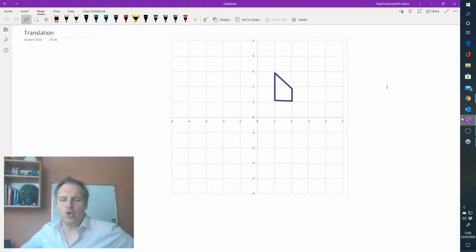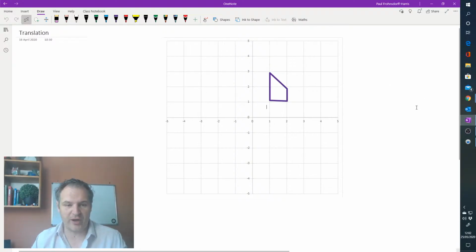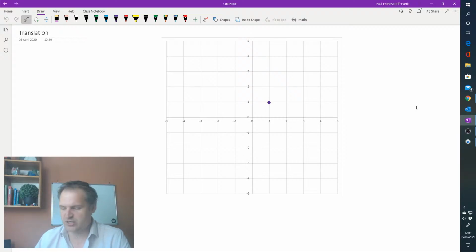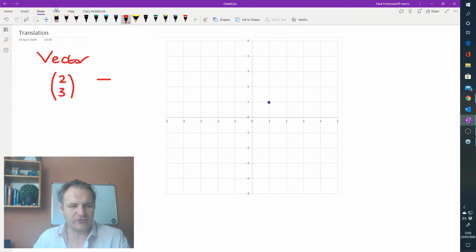What do I mean by vectors? Well, if I switch over to here, I've started on page 2, so it's best to start on page 1. We've got an XY grid. Translation is going to allow us to move things from one place to another using a vector. And this vector will be an amount as a number and another amount as a number. And the top amount tells you how far to go along, and the bottom amount tells you how far to go up. So, if I'm doing this vector of 2, 3, and I'm doing a translation of vector 2, 3,